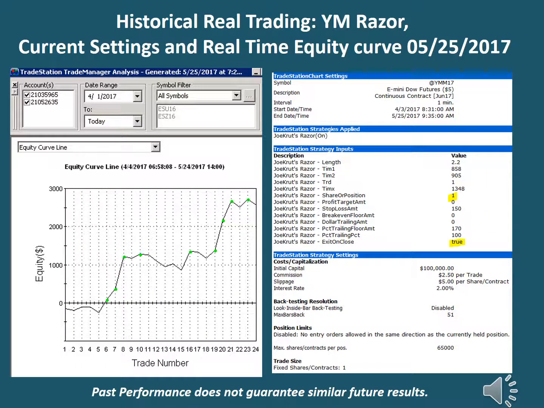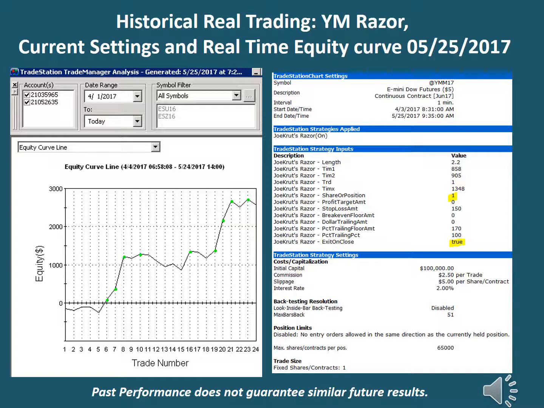If you're overwhelmed by systems and you see too many, I mean, I've got 4 systems on 6 markets, and a lot of people say, wow, that's just too much for me. Just take a trial on Razor. Let me put it on your machine for free for 14 days. Just watch it on the YM and see if it's something you might like to do. It's what I've chosen to do, and I'm very happy with it.